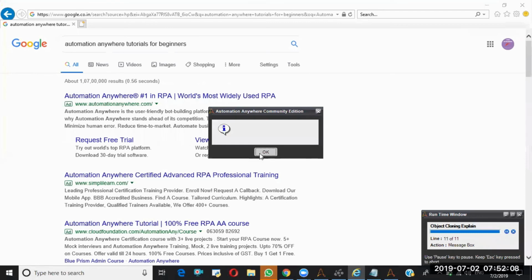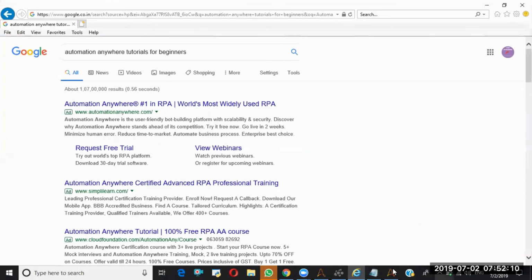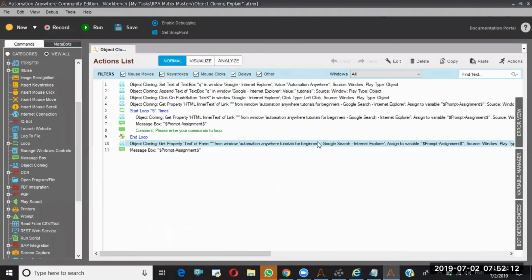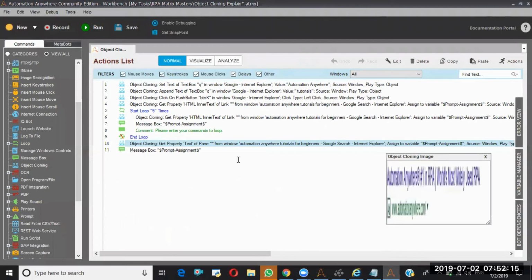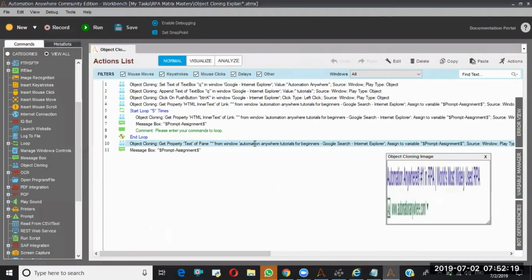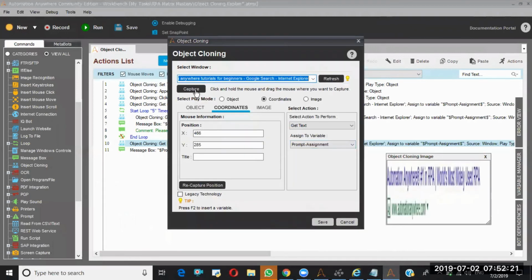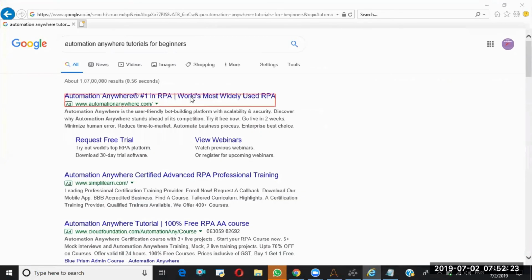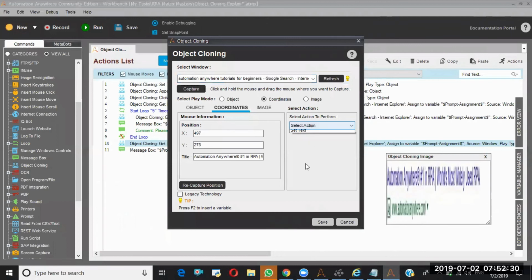See, it is not giving anything. Let me recapture again. We'll check. Title, it has get text. Outer segment. Save.